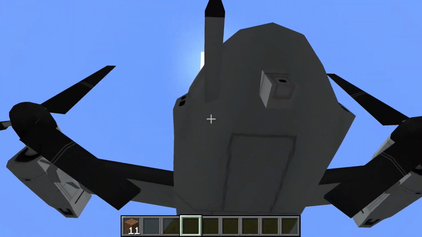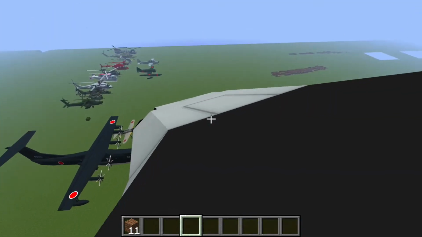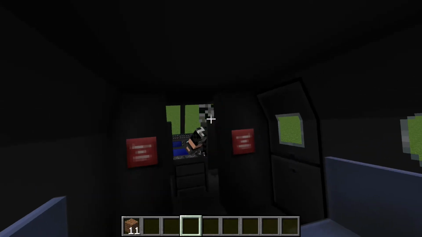So I'm just going to go down now. It's hard to land this though. You need a huge runway. And I'll show you this thing that I made. See, look, I'll show you the inside of this. This actually has some inside. Oh yeah, I forgot to show you, let me go back